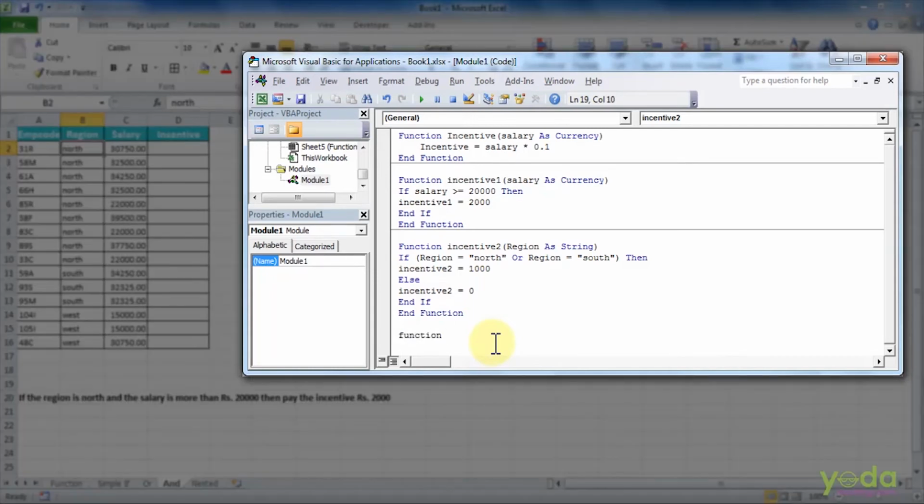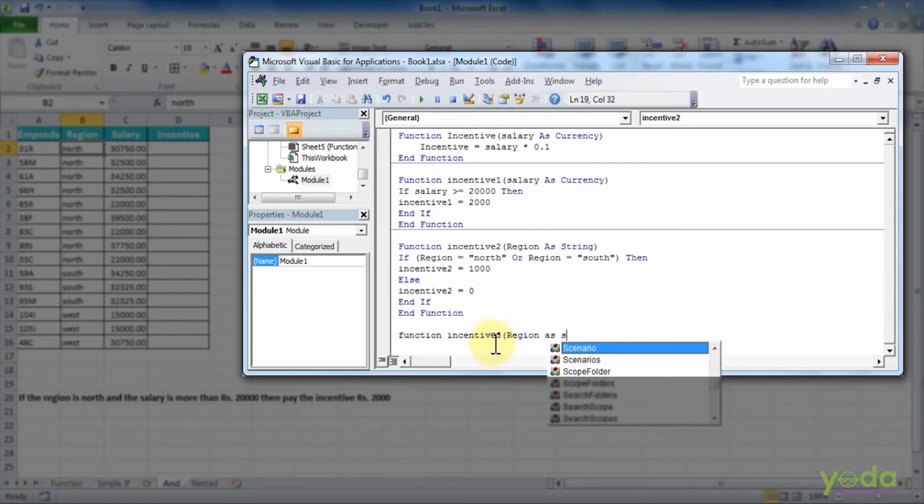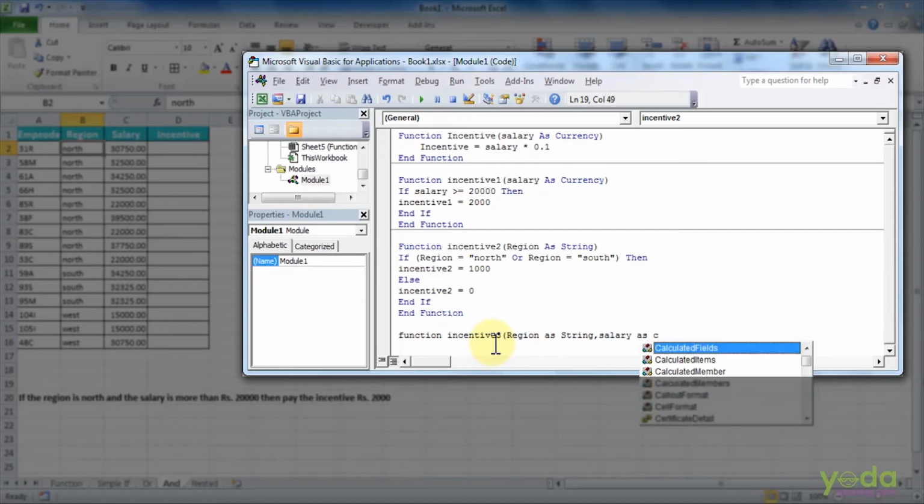I'll say function space the name of the function, incentive 3. Now here, since there will be two inputs, I will say region as the string value and the salary, which will act as a currency. I'll close this bracket.